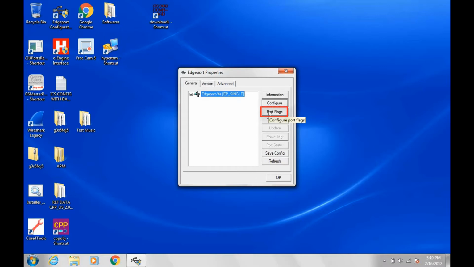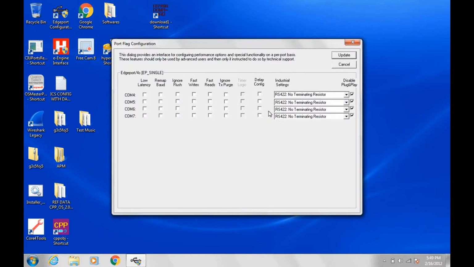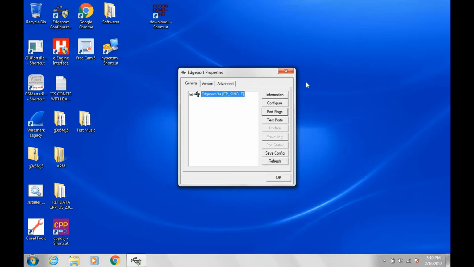Another point to pay attention to is port flags. Make sure you have as a protocol RS422 no terminating resistor for all four COM ports, and then you click update. You have the four COM ports. You're going to test your ports,